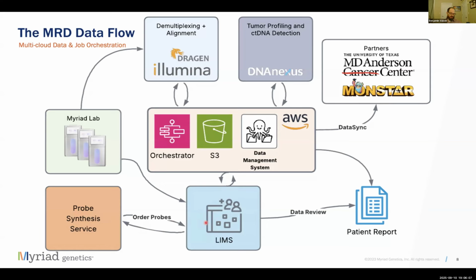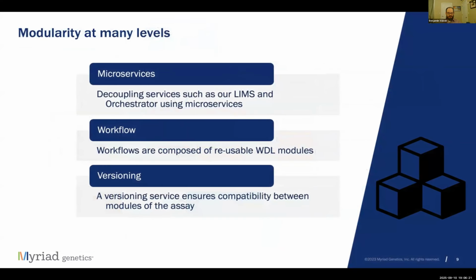And then when detection is run, this process is very similar. However, one of the inputs now is going to be the probes for targeted alignment. How can we accomplish this?